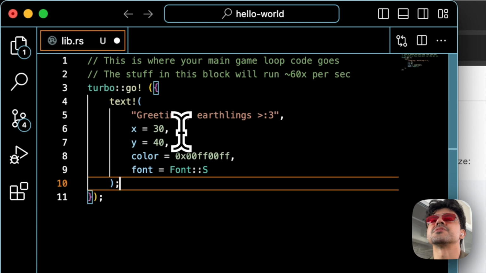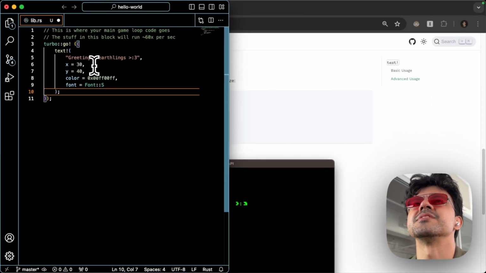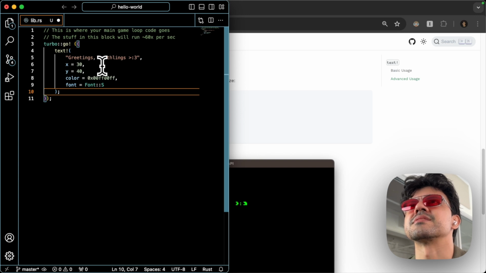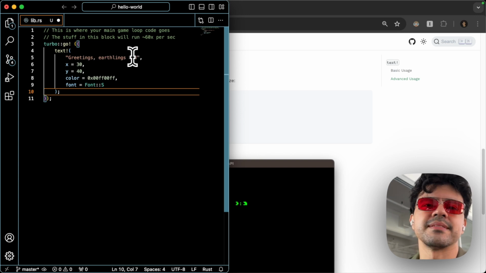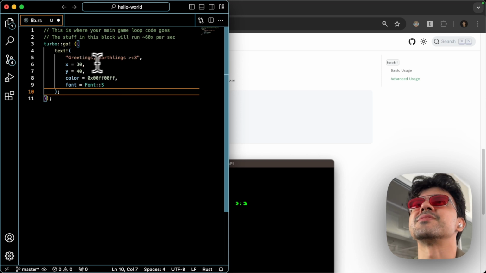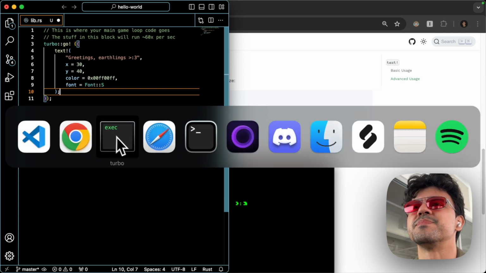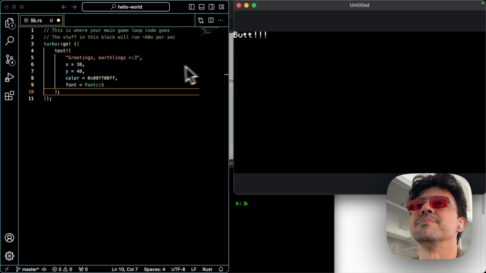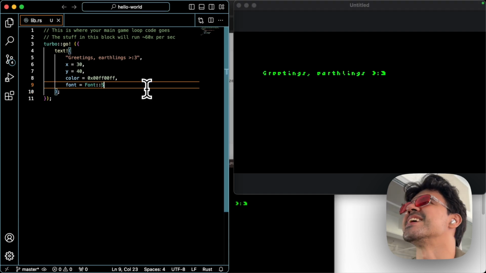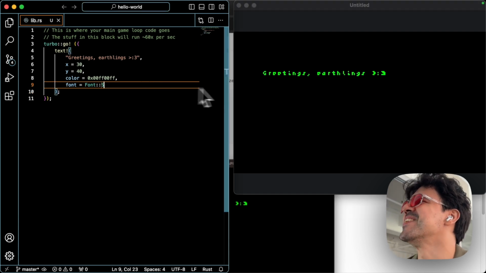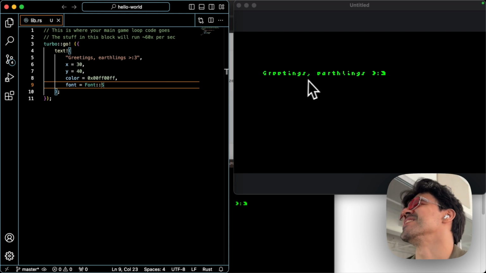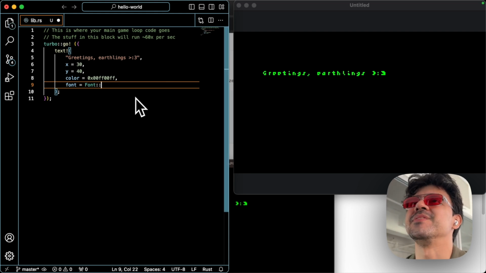So you see, we just changed it to a longer form version, which is text, greetings, earthlings, this smiley, I don't know what this is here, Josiah put it in, so I don't know. But anyway, greetings, earthlings, and this heart thing, and then 30, 40, and a color. So I'm gonna pull up my window, still got Bud there, and I'm gonna save it. Oh, and look at that, now the text moved, we got new text,